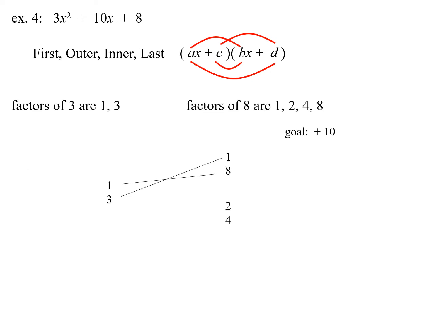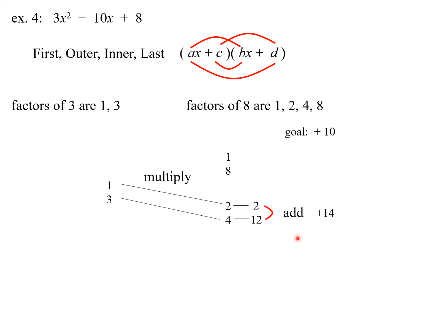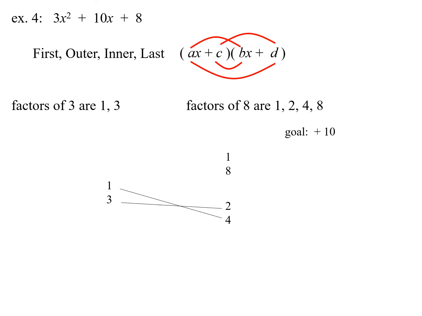Okay, so I'm going to try something else. I'm going to switch them. Multiply. 3 times 1 is 3, 1 times 8 is 8, and they add to positive 11, which is close but doesn't get the job done. So I try something else. Now I'm going to try this. 1 times 2 is 2, 3 times 4 is 12, and they add to 14. That doesn't work either. But check this one out. 3 times 2 is 6, 1 times 4 is 4, and they add to a positive 10, and that is